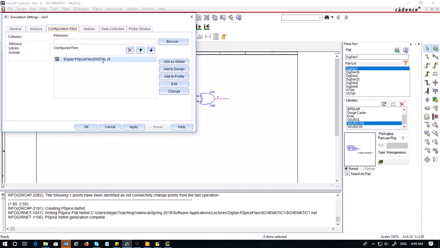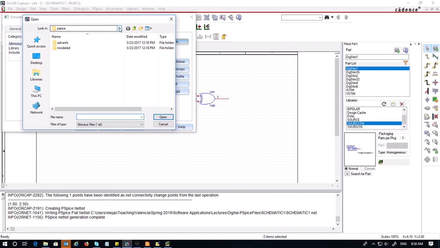One more thing, observe that my stimulus is here under stimulus. If your stimulus is not located here, you will see all red lines in your simulation, all red lines. Then you have to go back and check to see if your stimulus is there or not. That usually happens if you're not saving your stimulus as you are creating it. But even if you saved it and you don't see it, then you have to add it manually by browsing